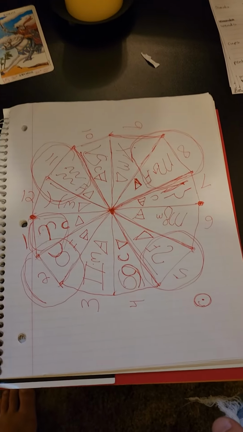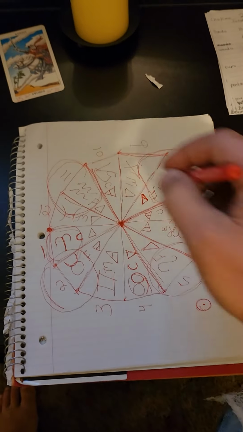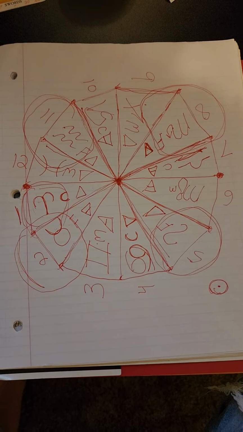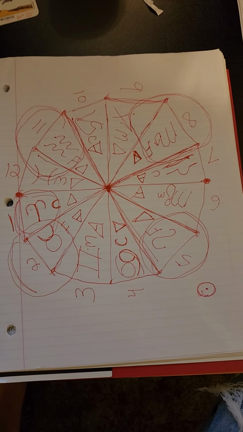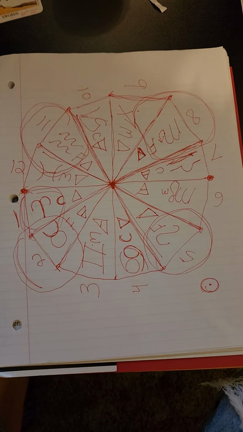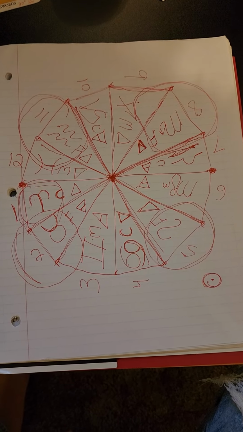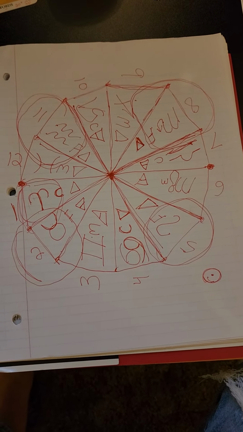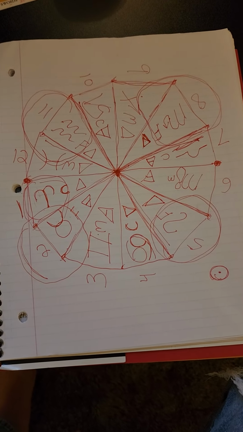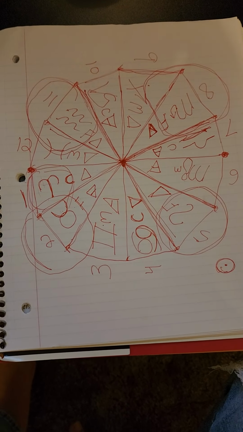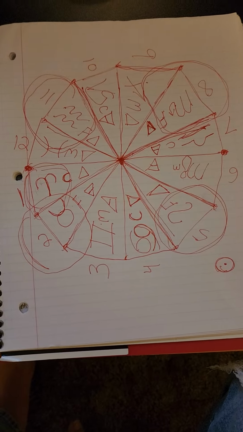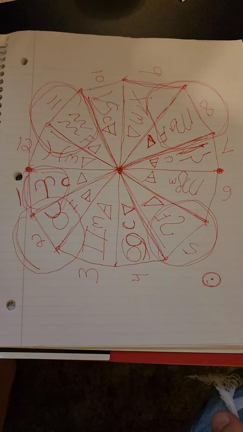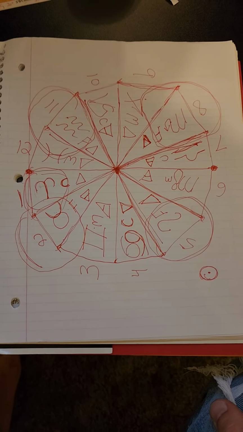So anyways, this is the beginning format of the zodiac sign, all 4 fixed zodiac signs, all 4 of the elemental triplicities. And I think in the next video, I'm going to break it down